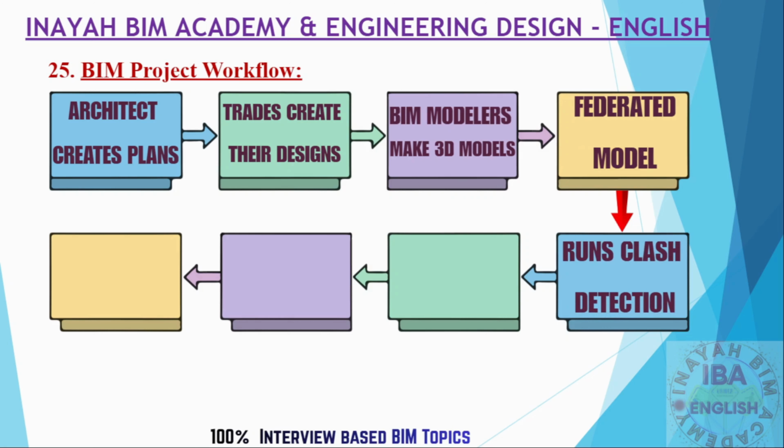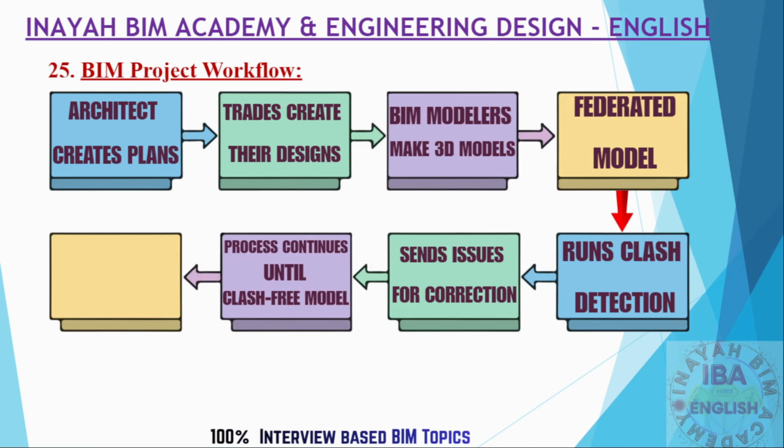Then this federated model is sent for clash coordination or BIM coordination, and it is sent back to the team to make corrections. There can be clashes like a pipe going through a beam, or a duct passing through a column, or a plumbing pipe hitting a duct. All these issues are sent. Then all the stakeholders will sit together. They will try to resolve the clashes, and this process happens again and again until a clash-free model